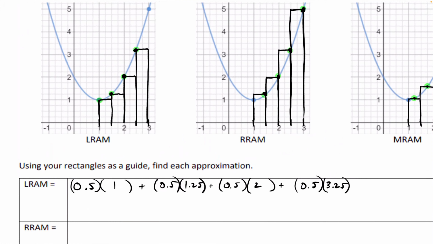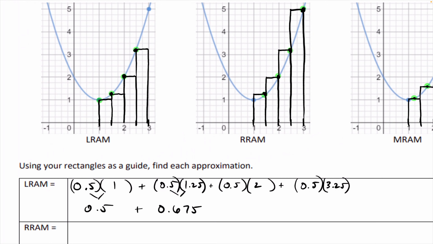You can do that, or you can multiply and add, whatever you want to do. Okay, so 1 times 0.5 would be 0.5. Half of 1.25, I think, is